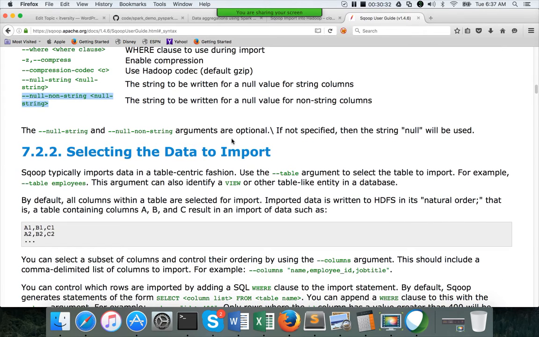And for both null string as well as non-string, it will try to use null itself in HDFS, because when you store in HDFS, there is no data type for the data. Everything will be stored based upon the file format you are storing. If it is text file format, everything is text. So whether you try to override nulls for numeric or string values, by default it will use null when it's stored in HDFS, even for numeric values.